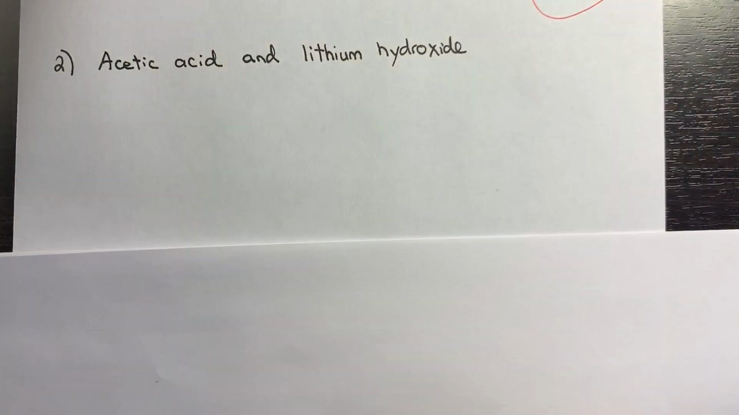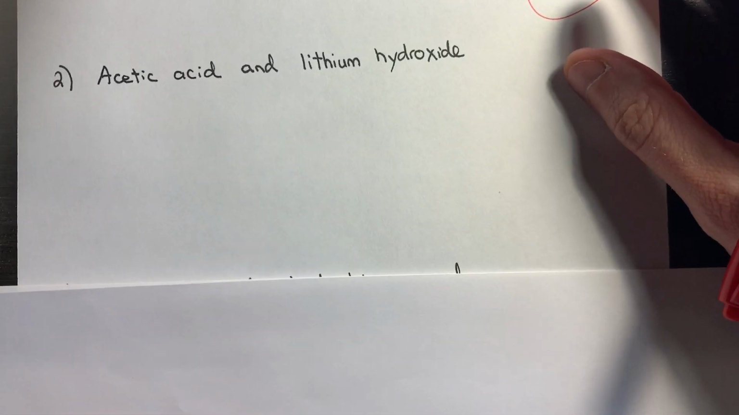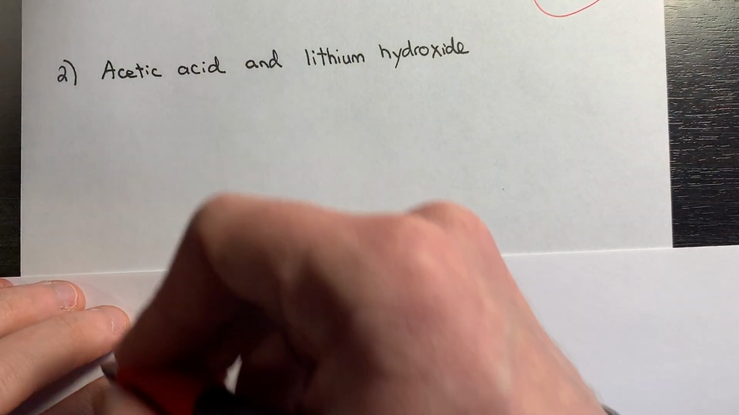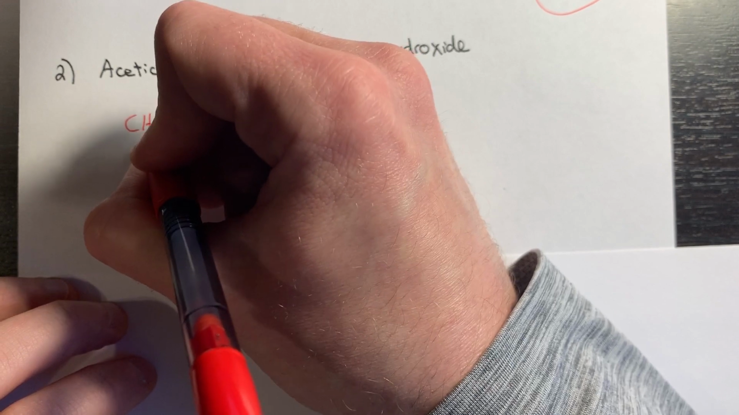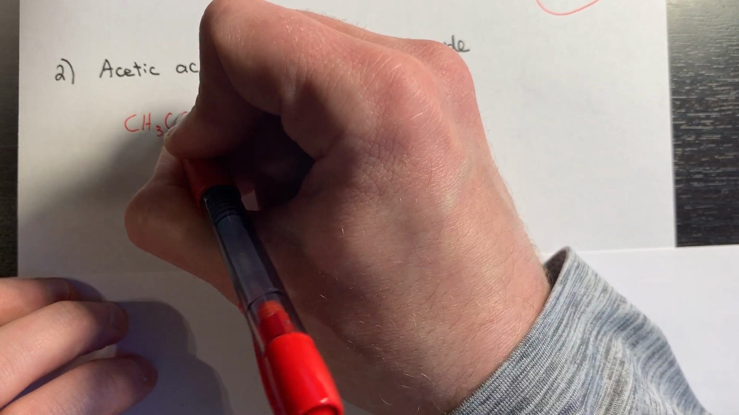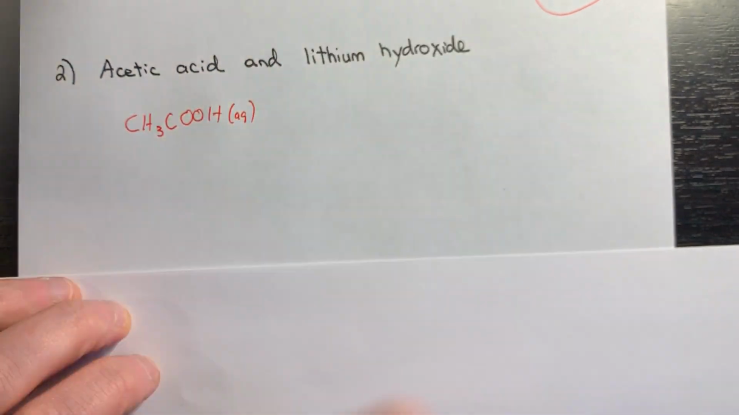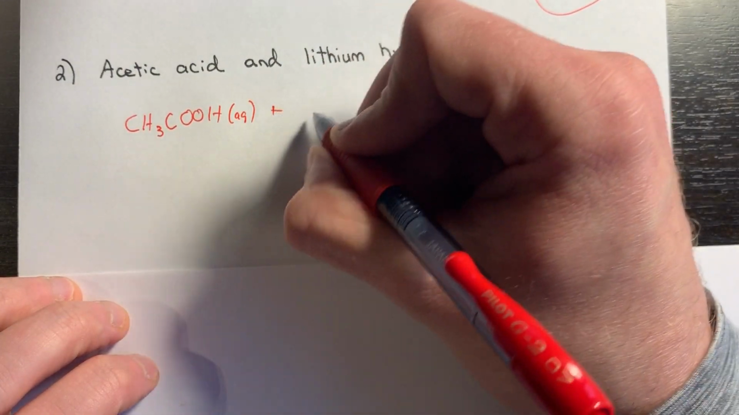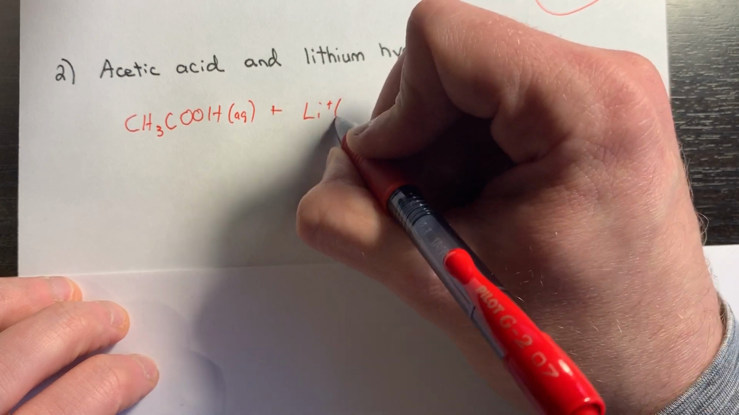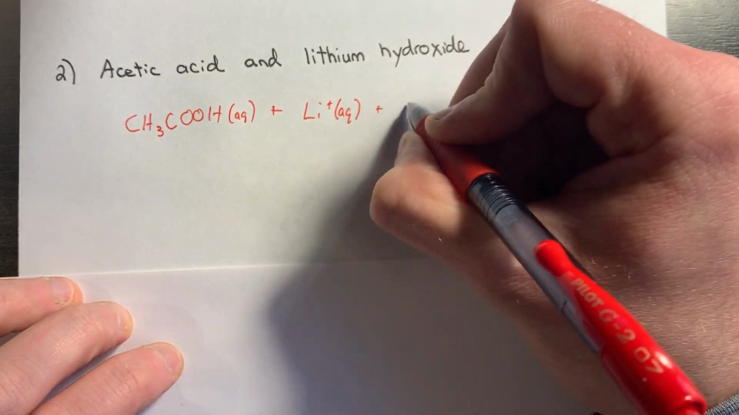In the second example, acetic acid, lithium hydroxide, again, just reinforcing what we saw with organic. No doubt you'd be given the formula of acetic acid, but it's CH3COOH, aqueous. Lithium hydroxide, let's just straight away, in the interest of time, break that up into component ions. So lithium plus our